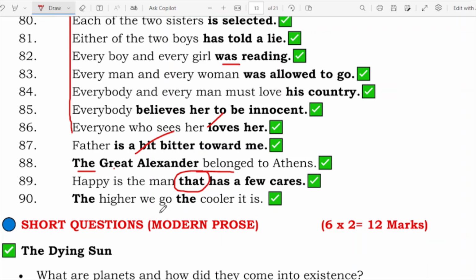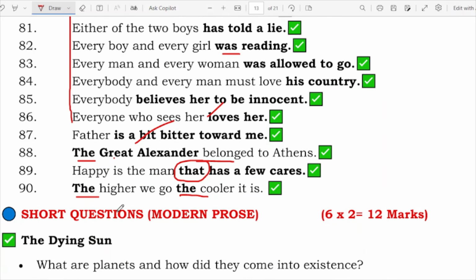The higher we go, the cooler. This is a comparative degree, compared with comparison, so an article will be given before this comparative degree. So these are a few very important corrections. Learn these by heart. I have uploaded other videos, and you can watch many videos in the playlist